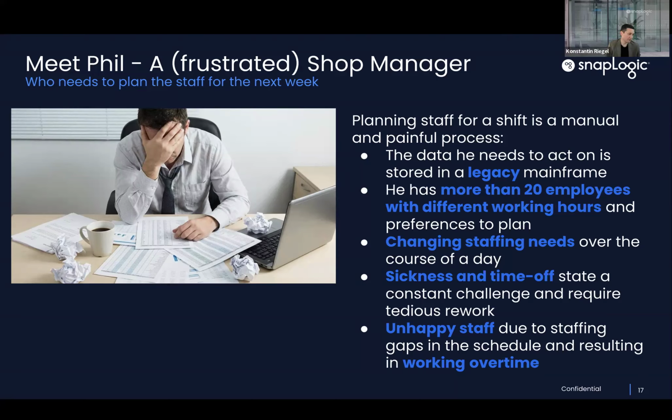So in the morning, we have fewer visitors in the shop, so we don't need as many staff personnel, so we can leave a few people out, but in the afternoon and evening hours there are more people coming in, and here we have additional requirements in terms of personnel. Also, people get sick, people want to take some time off,